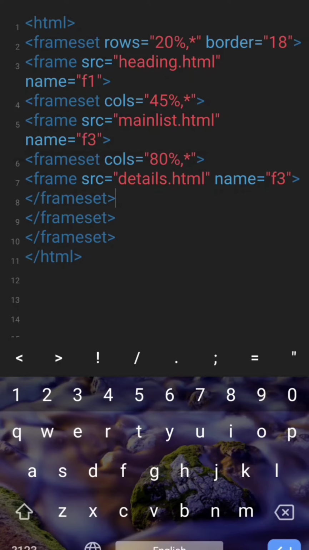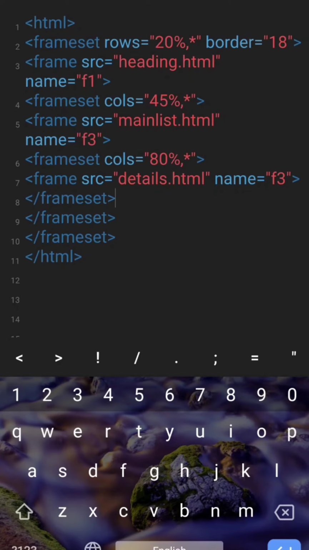Now see the closing tags. We don't need any closing tag for a frame as it is an empty tag. For the frameset tag, the first closing frameset tag is for the last frameset opening tag. For the first frameset tag, the closing tag is the last one, just before closing HTML. Are you getting this point? First to start, last to end. The second frameset has the second last closing, and the last frameset has the first closing frameset tag. This is the way it follows, that is first in, last out.